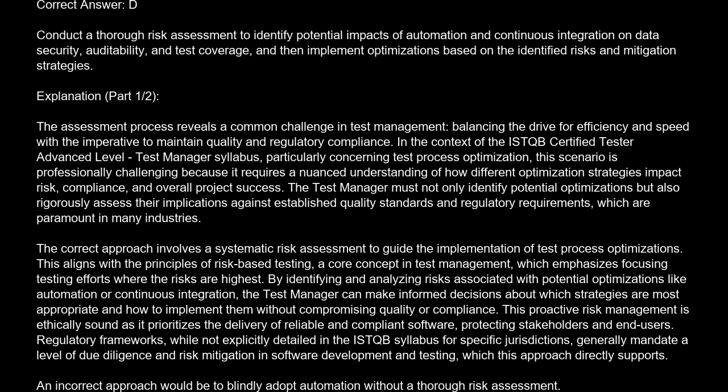The correct approach involves a systematic risk assessment to guide the implementation of test process optimizations. This aligns with the principles of risk-based testing, a core concept in test management, which emphasizes focusing testing efforts where the risks are highest. By identifying and analyzing risks associated with potential optimization like automation or continuous integration, the test manager can make informed decisions about which strategies are most appropriate and how to implement them without compromising quality or